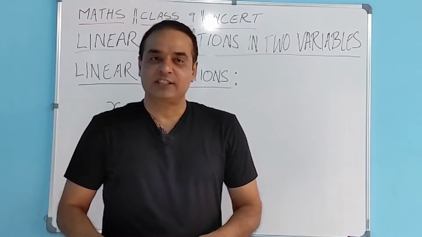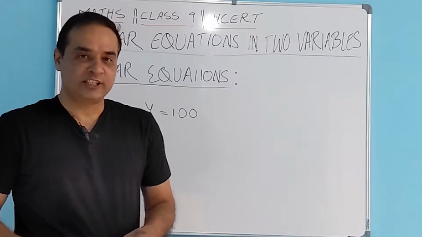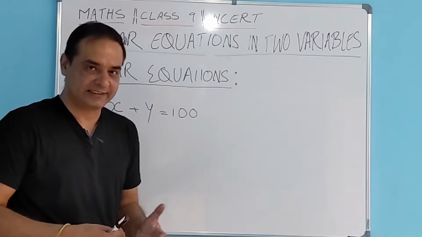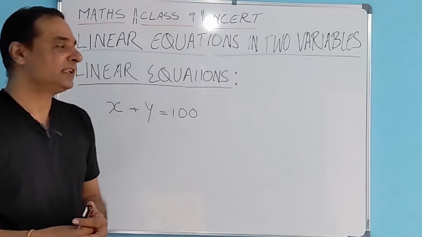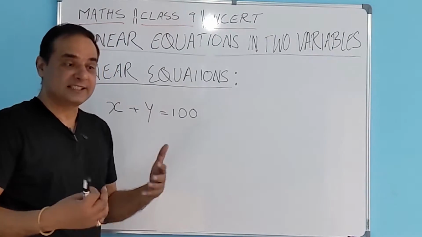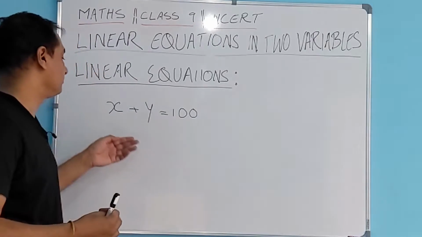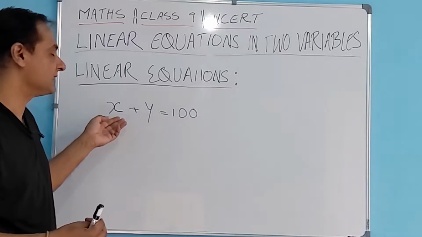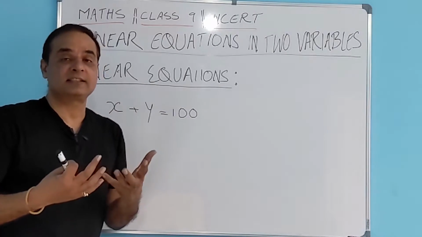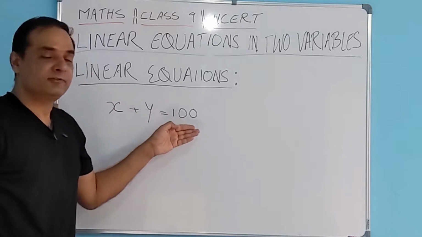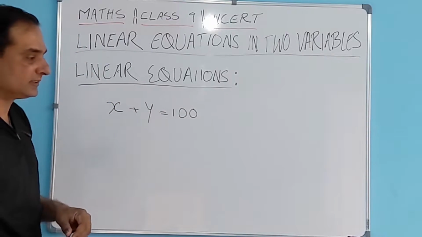So let's try to understand linear equations in two variables. Let's just take an example. You and your friend are both playing cricket and you are batting, and you score a century as a partnership. So we can say the runs scored by you, we can represent by the letter x. This is one of the variables. Then the runs scored by your friend is y. If we add both of these, we come to a century, which is scored by both of you.